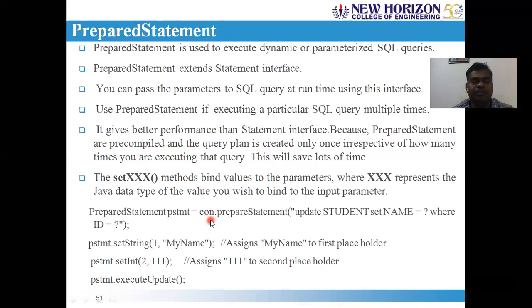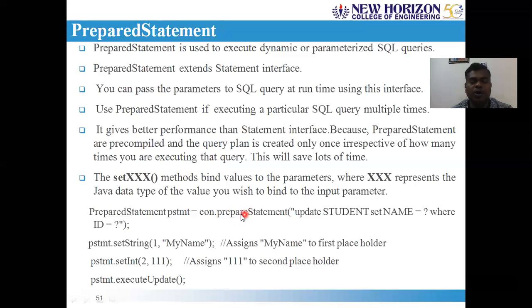In order to get the prepared statement object from the connection, you should make a call to the built-in function called prepareStatement. There is a difference between PreparedStatement and prepareStatement. prepareStatement is a built-in function associated with the connection variable, which returns the PreparedStatement object.